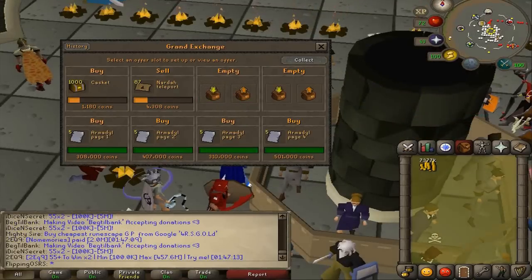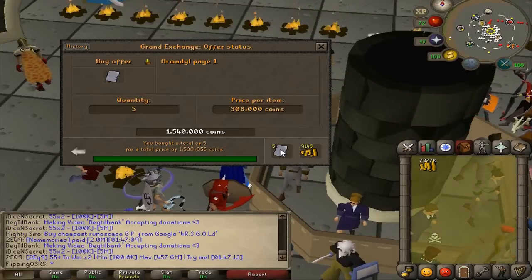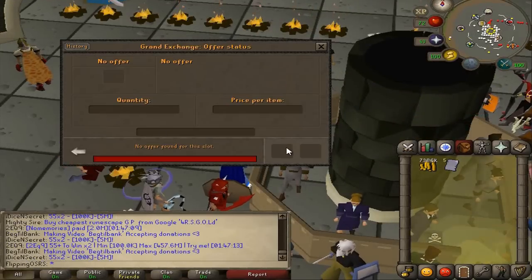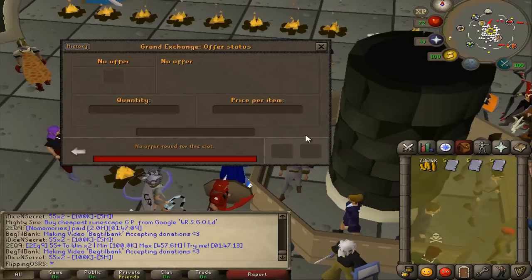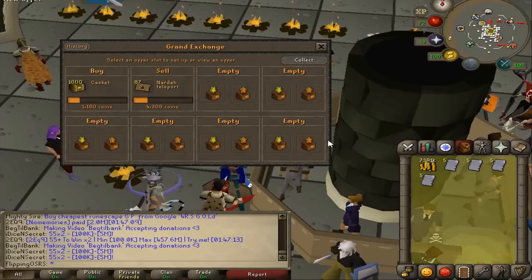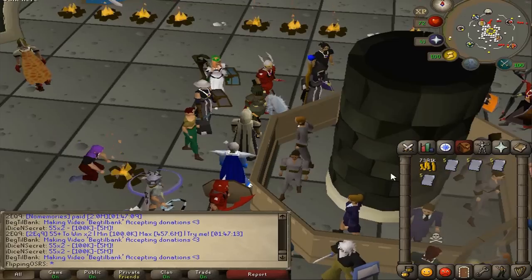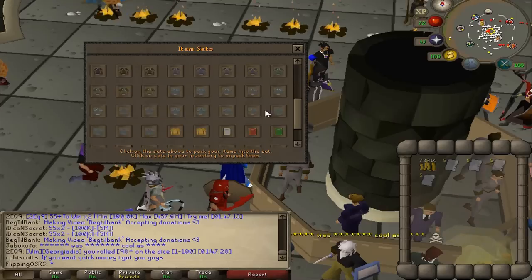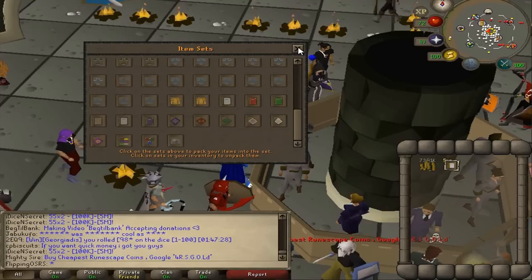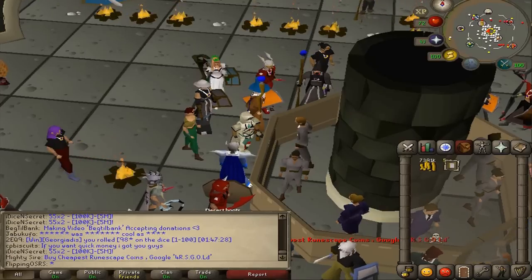Alright, there we go. All the pages have come through. 5 Armadillo page 1s, 5 Armadillo page 2s, page 3s, and page 4s. We increased the price and kind of instantly bought them. For this particular set combination, we're going to go to sets, and then it should be down at the bottom somewhere here, Book of Law page sets. Now all you have to do is